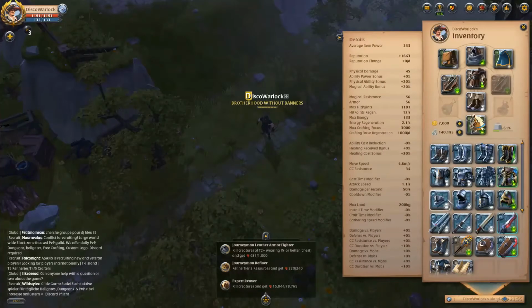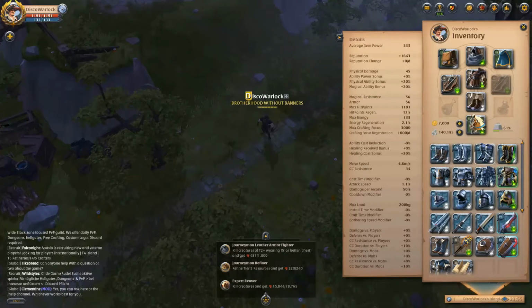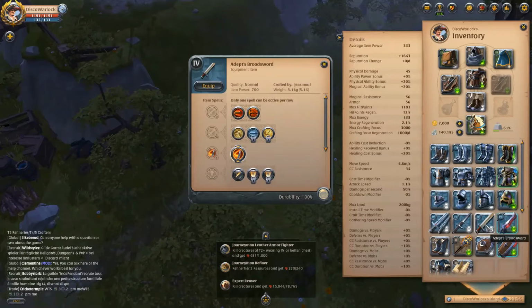And now let's get into the different types of plate gear. Now this, according to the forums that Red Zebra had linked, should be light plate armor, this should be medium plate armor, and this is definitely the heavy plate armor. But we will take a look at the stats here. I've also tossed in all the different weapons that you can have. So this is the Adept's Claret Blade. As you see, its quality is good,